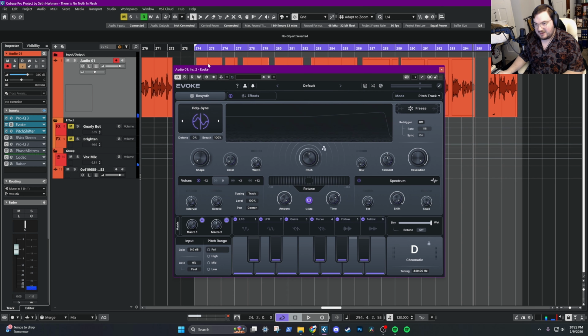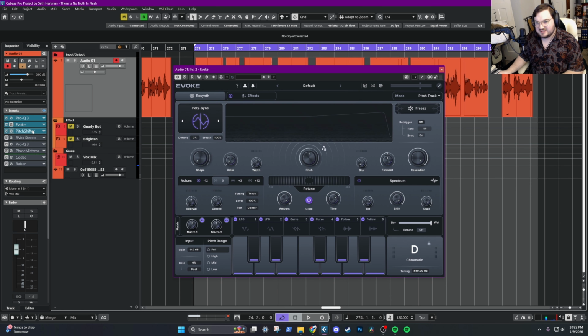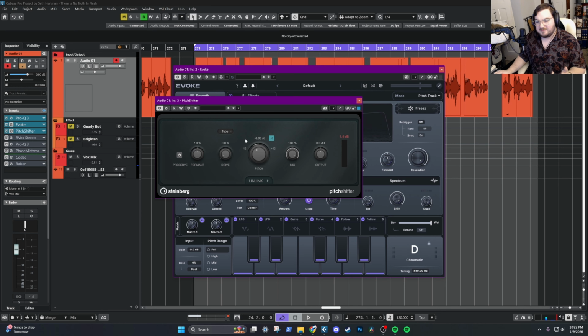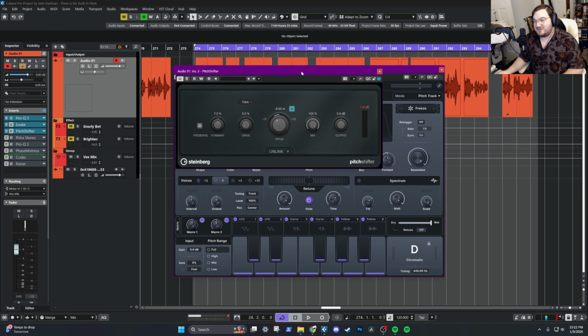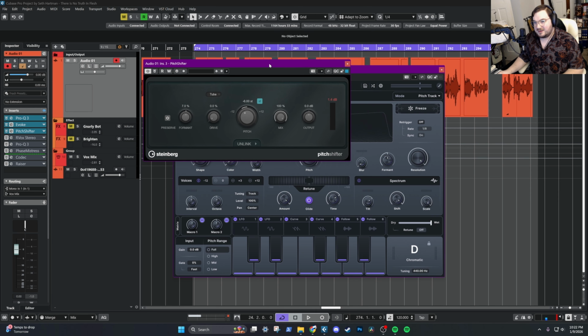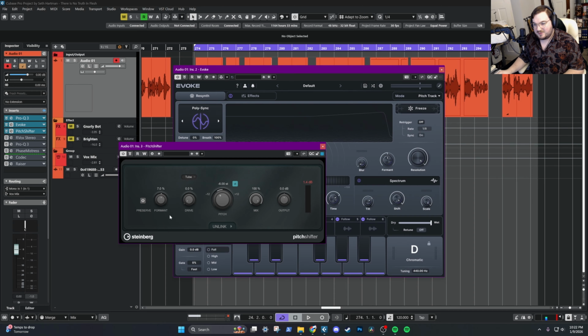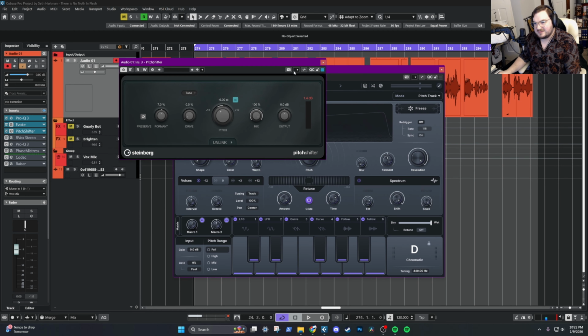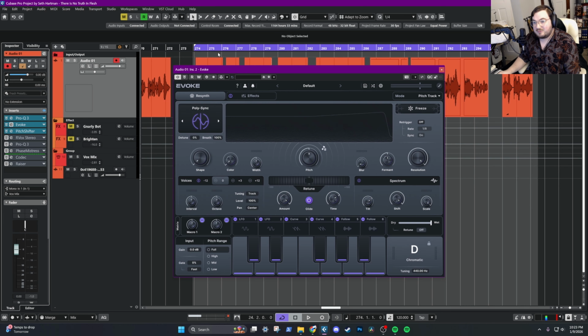And then after it's resynthesized, then I pitch it down with a pitch shifter. This is just the stock pitch shifter that came with Cubase 15. It's honestly a very smooth pitch shifter. It's definitely heavily inspired by Little AlterBoy by SoundToys. It's lightweight, but it does its job, and it's really smooth. I have some other pitch shifters, but I really like this one, and this came free with Cubase 15.